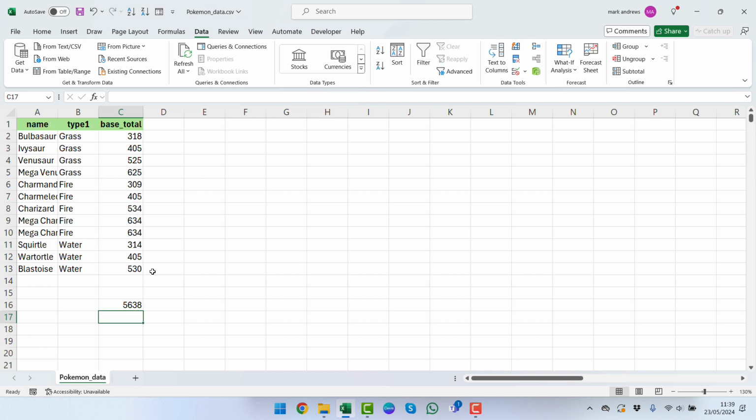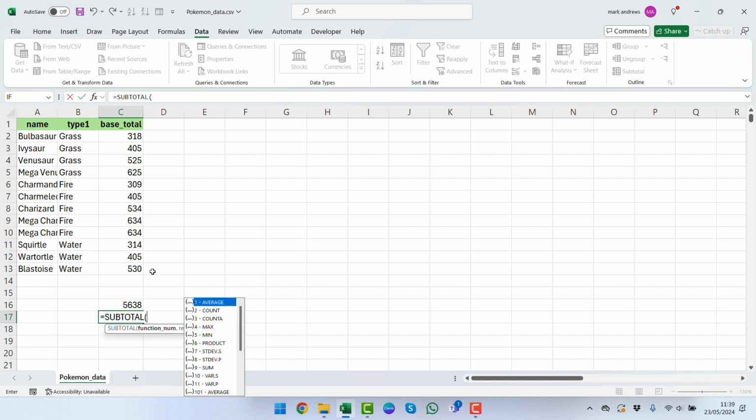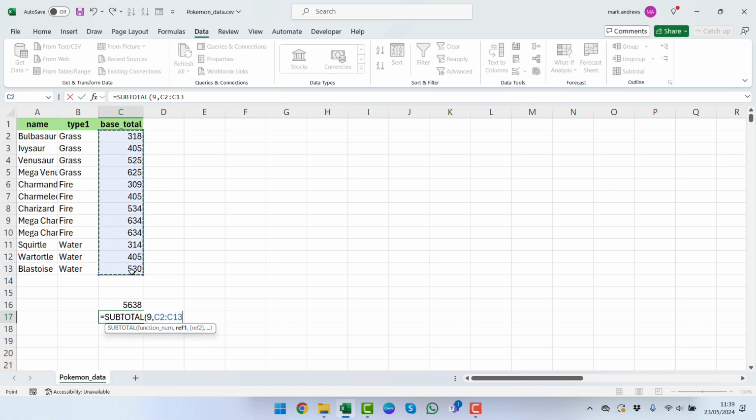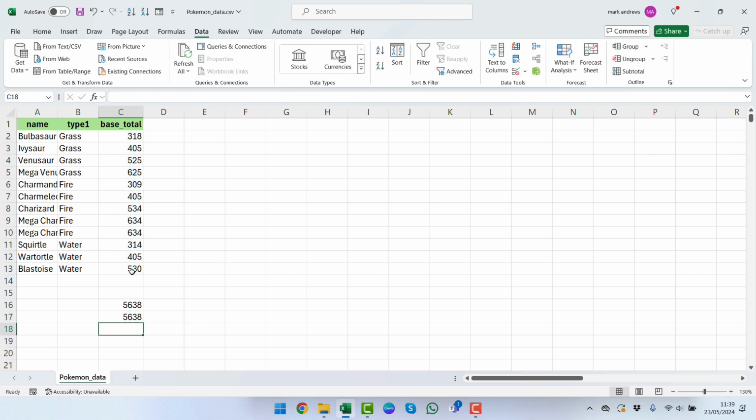and return the data back to normal. We can use the subtotal function. We can see that we have subtotal there. We can press the tab and now we get a load of numbers here. You can do average, counts, min, max and so on, but we can see that we have a 9 for the sum. So we know that we want a 9. Once we press 9 and a comma, we can see that it wants a reference, and we're just going to reference our cells there